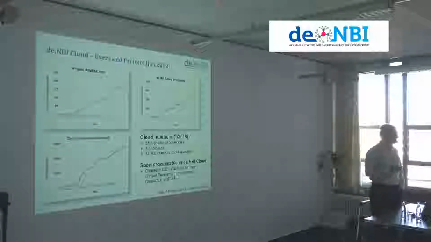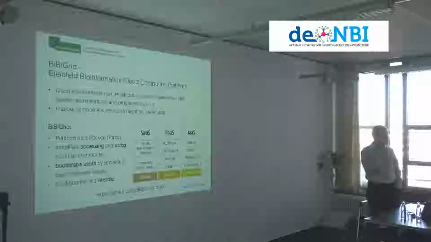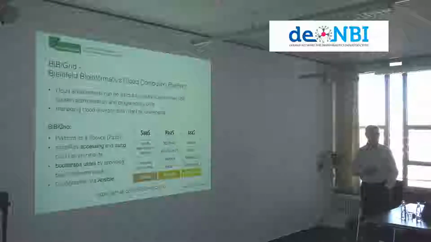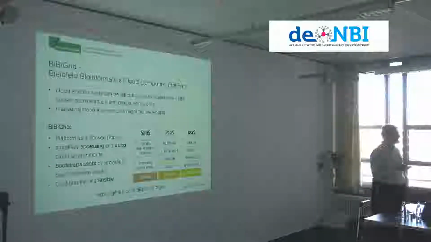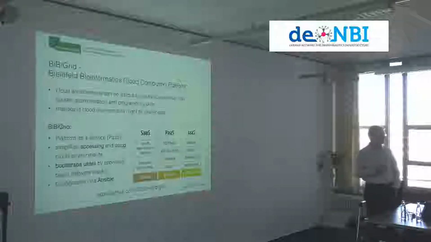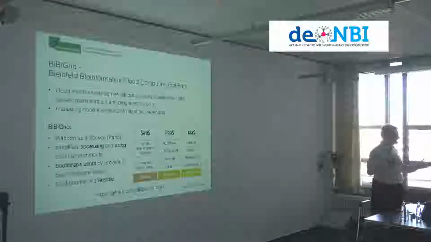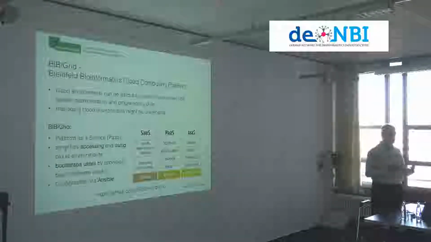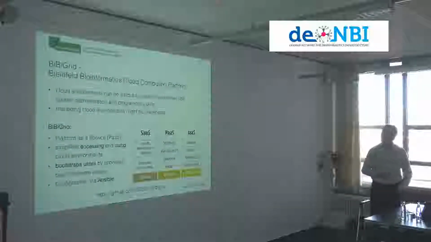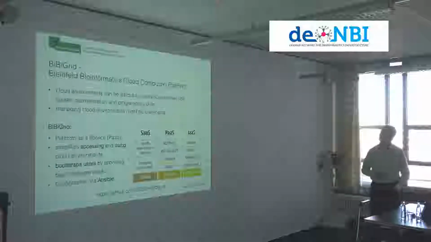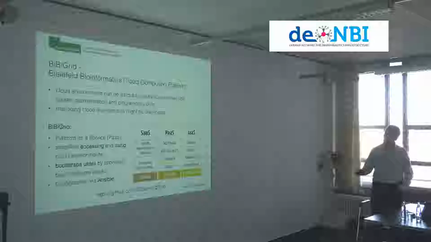When we started working with the cloud here in Bielefeld, there was actually a couple of years ago when we started using the Amazon cloud, because there was no other cloud available. We thought, well, how do we make this easily accessible to users, right? Because usually you just start a VM, or 2 or 3 or 100 VMs, and then you have 100 VMs which are not coupled in any way, and you have to set up some sort of compute environment. And this is where we came up with what we call BiBiGrid, cloud computing platform, which sets up